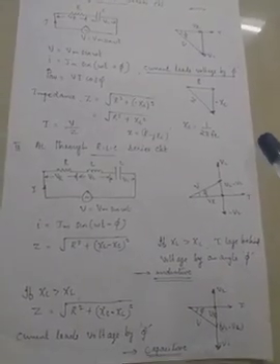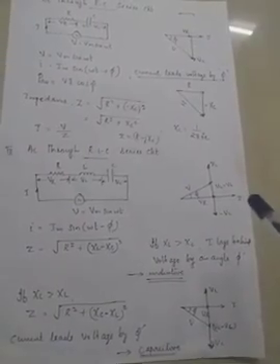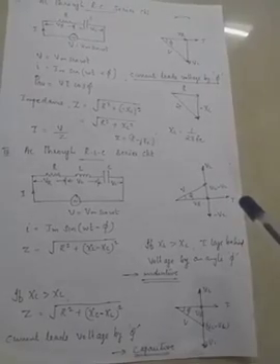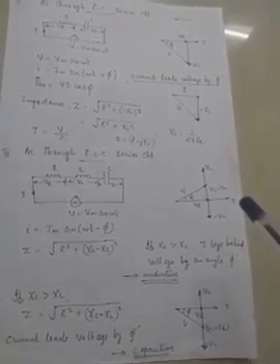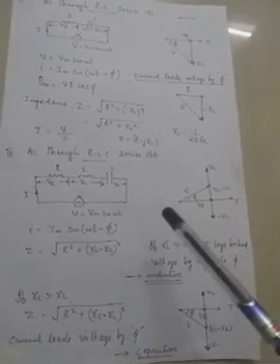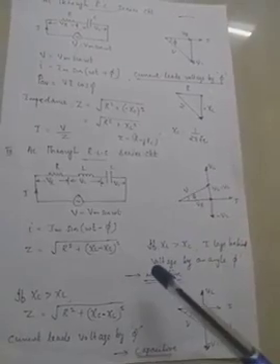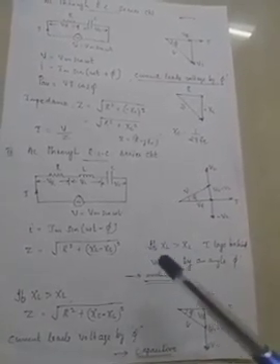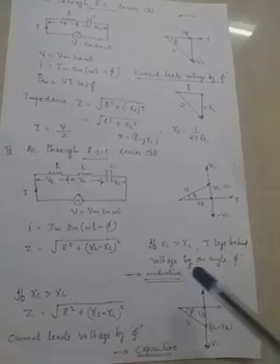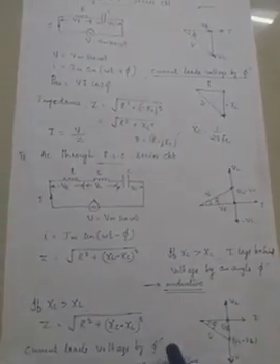And in the case of an RC circuit, we have seen that we can write Z as R minus jXC, and for an inductive circuit we can write Z as R plus jXL. Now in the case of an RLC circuit, depending upon the values of XL and XC, if XL is greater than XC, it will be R plus j(XL minus XC). And in the case of a capacitive circuit, it will be R minus j(XC minus XL). So all these concepts are very important.